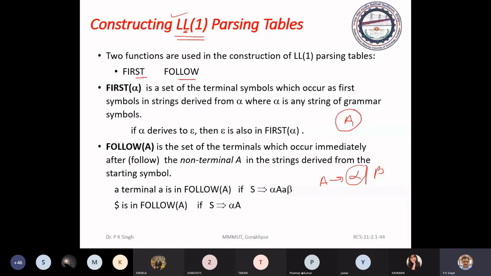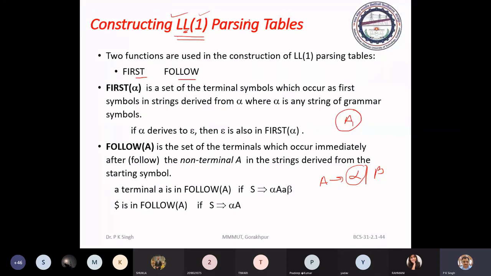And the 1 is the number of symbols that are to be considered for a parsing action. The grammar supporting this parsing is called LL1 grammar.